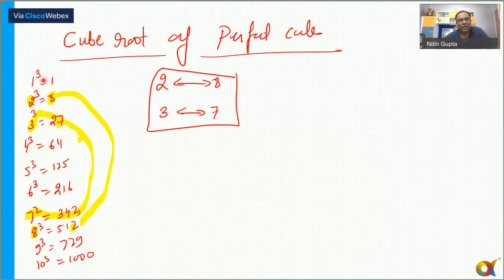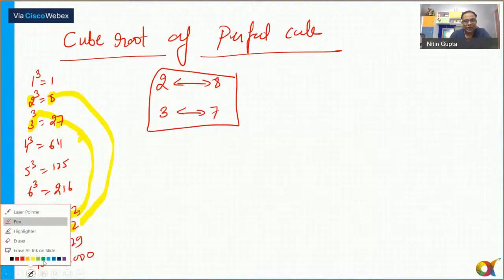Like 1 cube ends with 1. 4 cube, you can see it here, ends with 4. 5 cube ends with 5 only. 6 cube ends with 6. 9 cube ends with 9 and 10 cube ends with 0 only. So only in the case of 2 the cube will end with 8 and the cube of 8 will end with 2. The cube of 3 will end with 7. The cube of 7 will end with 3 and so on. So let's see how I can use all these facts to find the cube